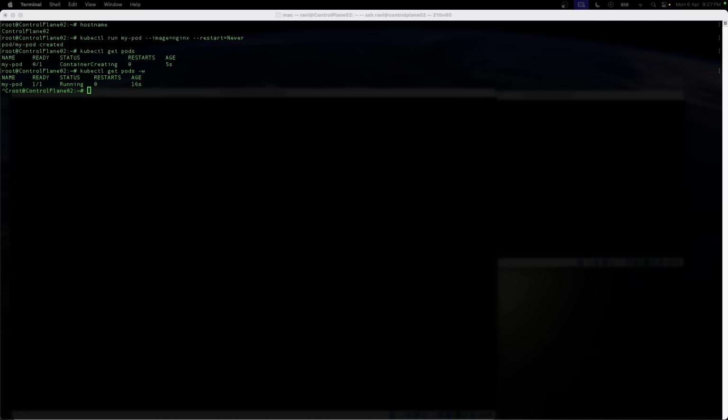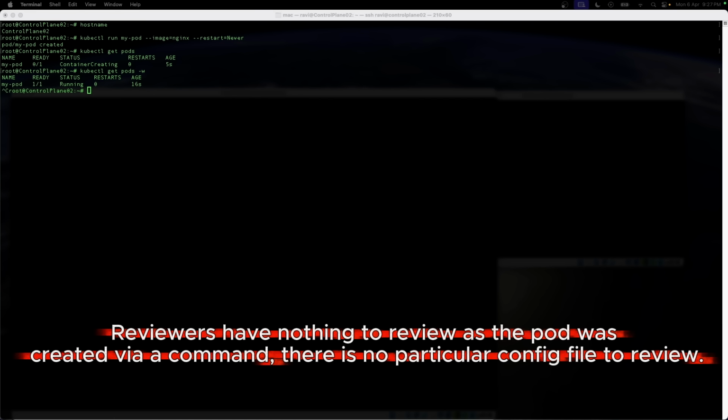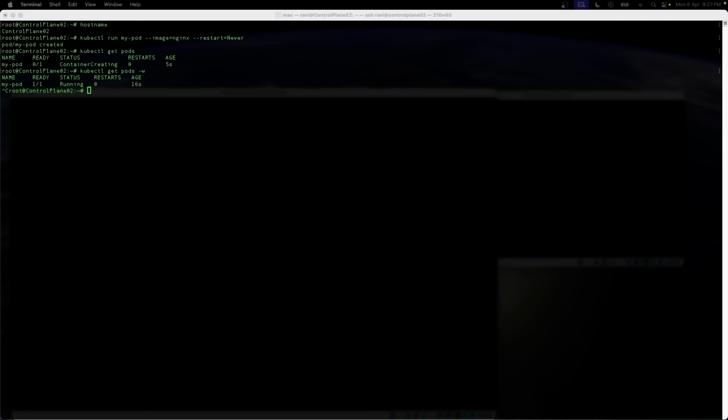Now let's zoom out from you to a team's environment. How does this go through code review? What do reviewers look at? What exactly do they approve? You can't review a shell command that already has been executed. By the time the team sees it, it's already live. This is why enterprises don't trust imperative workflows. There is no approval gate, no audit trail, and no safe rollback.